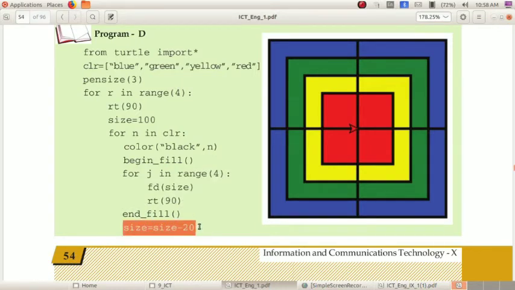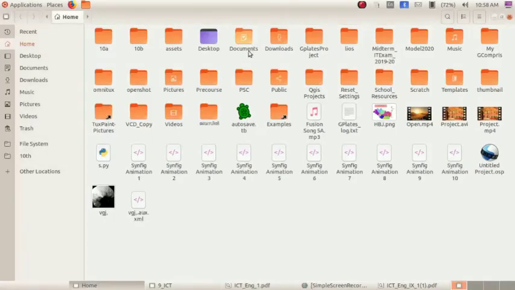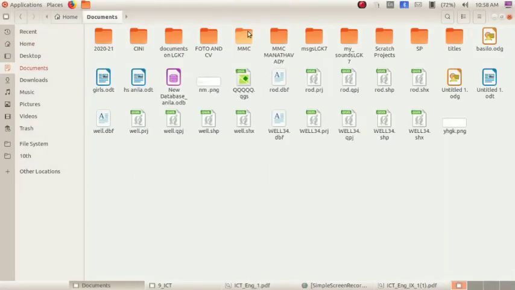So dear children, you can see a new code, that is size. Here also size equal to 100. Here you can see size equal to size minus 20. Before explaining that, I will show you the output. We can open that program.